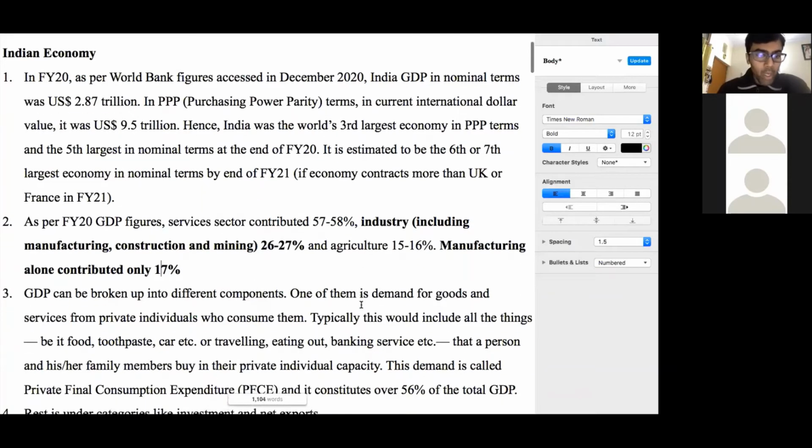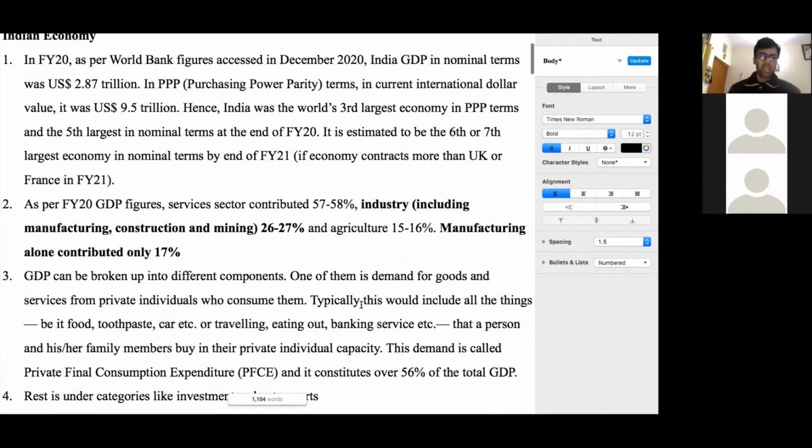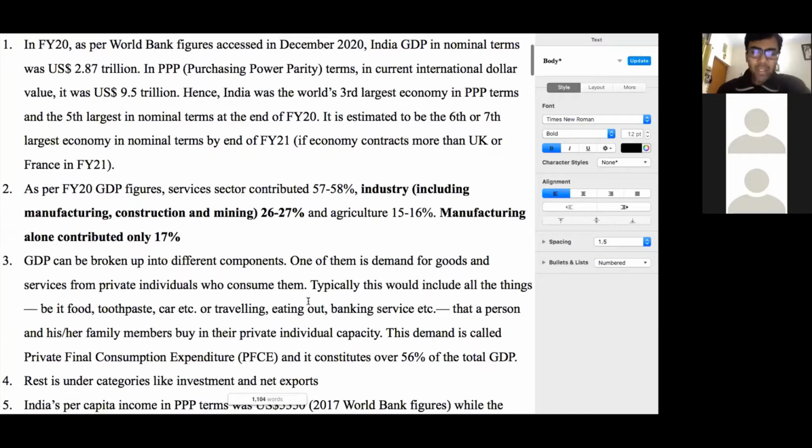So let's move on. Now, this is just to give you a better idea. We are not going to go into these details. All those people who have already studied subjects in economics, or some of you who have an economics background or who have done minors in economics, would know this very well. But for all the rest, we are just going to go into one figure to give you an idea of how things are calculated and what the aspects are that go into it. So GDP can be broken up into different components. And again, there can be different approaches through which these components are decided.